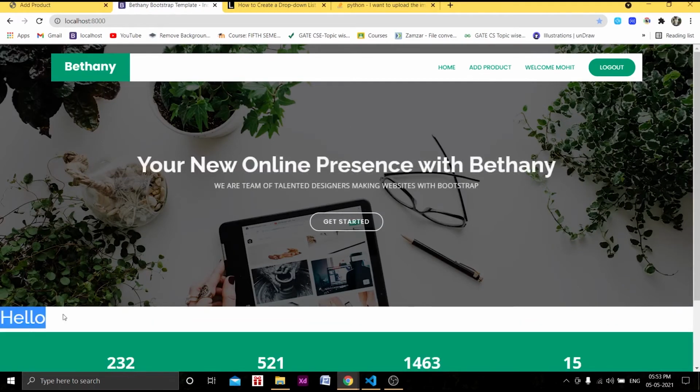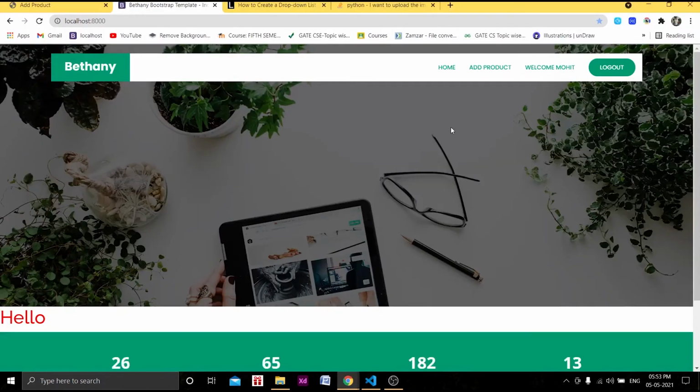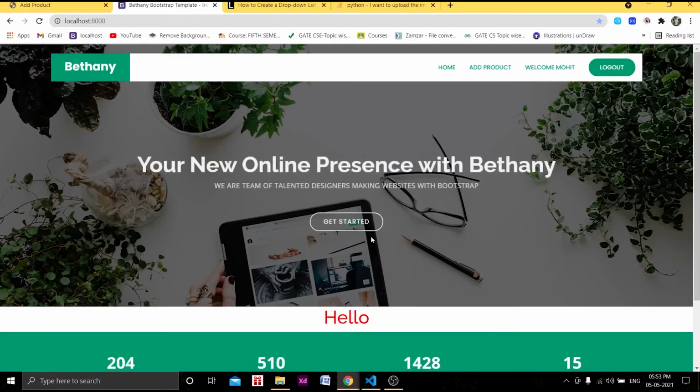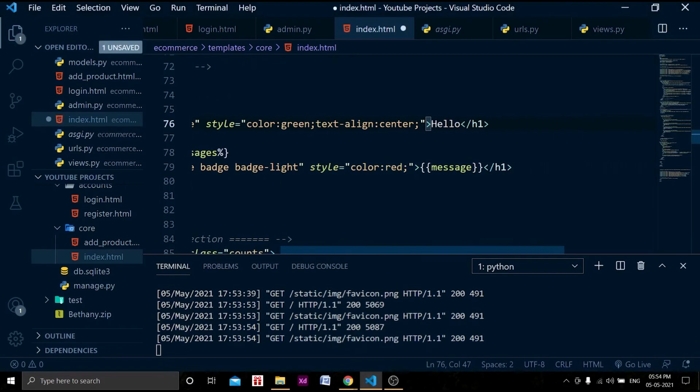Okay, so hello came here, and we can add style as text align to center, I guess. This should work, I think. Okay, so text align center, and we can display the message not in red but in green. So green color will be the text, right?